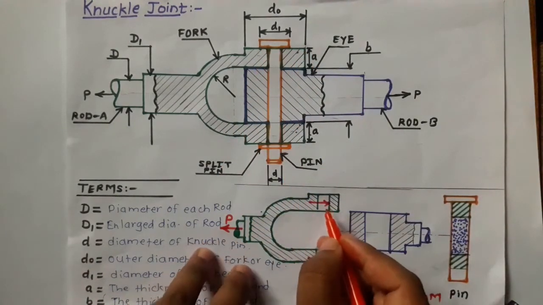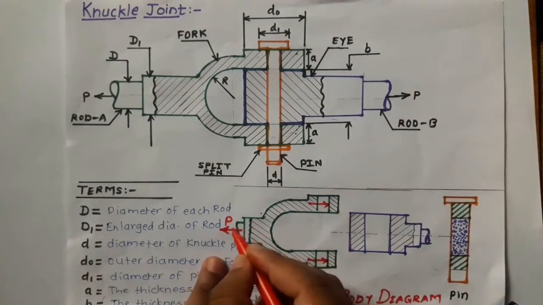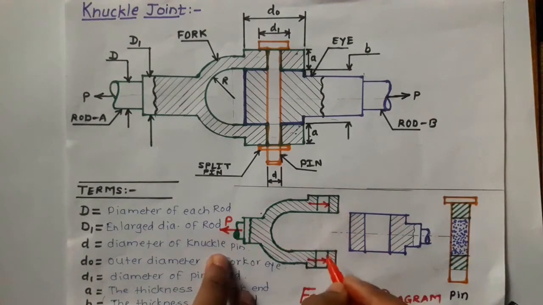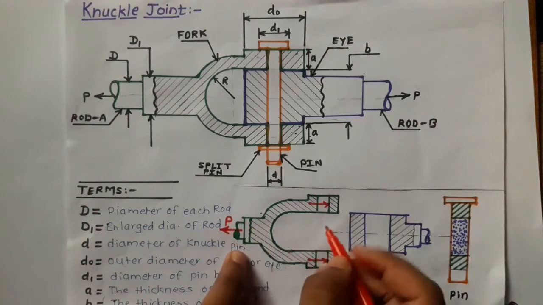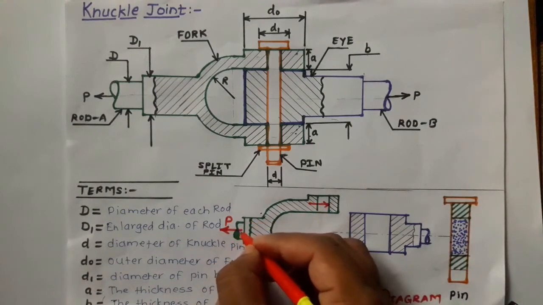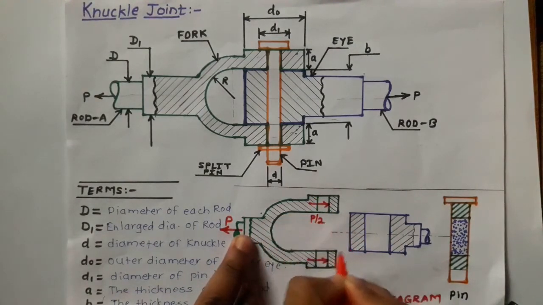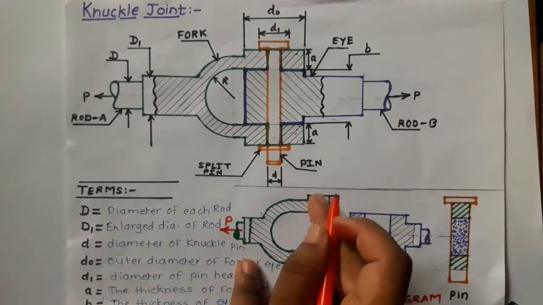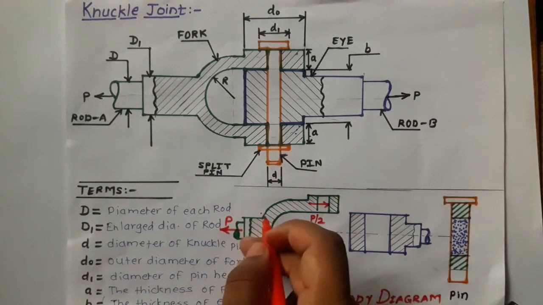Now the question is, what must be the magnitude of force acting at each end of the fork. If the force applied on one end of the fork has magnitude P, then this magnitude here should be balancing this left side force. So the force acting on each fork end must balance the force acting on the left hand side of this fork. So I should write here force magnitude as P by 2 and force magnitude at the other end of the fork as P by 2. So now this P by 2 plus P by 2 is balancing the force applied on the left side of the fork.